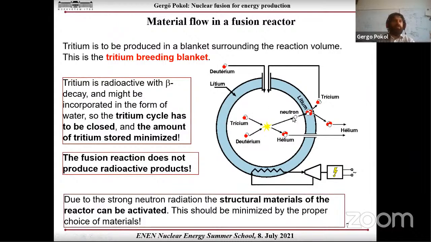It will just fly through this substance and into the solid wall of the machine, where we have a blanket full of lithium, and there it produces tritium and helium-4 from the lithium. And we circulate the tritium back,